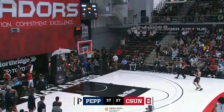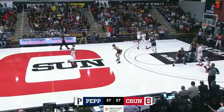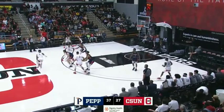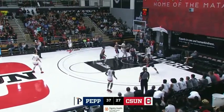Heaves it from half court and misses. It's a tough Pepperdine squad they're facing. Harkless, Gomez, Brown on the floor with Coleman and Perry for CSUN. Here's Elijah sweeping to the left on the dribble, crosses over into the paint, strong to the basket, puts it